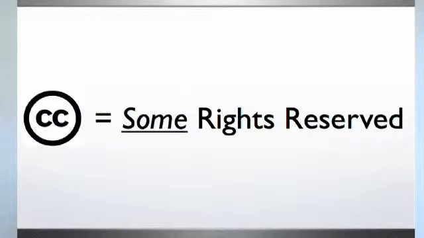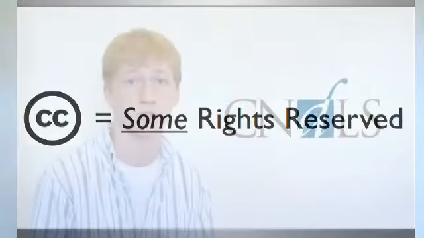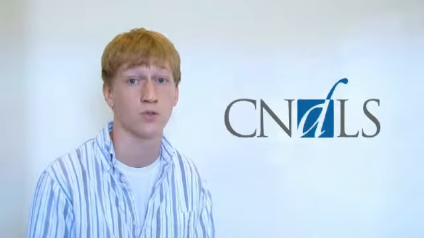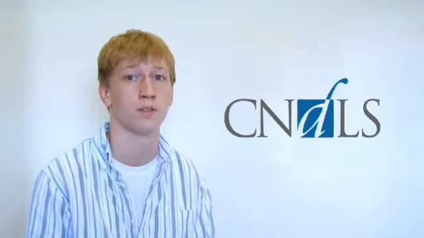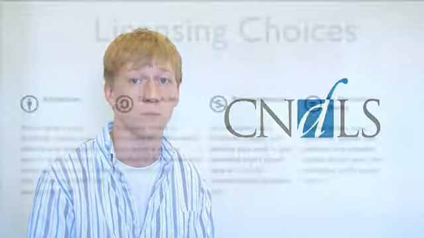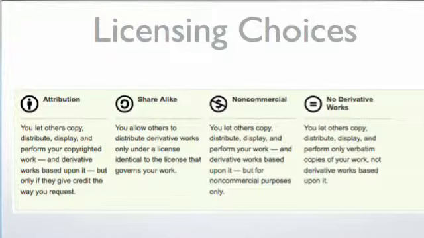It allows you to take a number of different choices in regards to your licensing and choose which you would like associated with your copyright. So all Creative Commons licenses have attribution. Regardless of what you choose, you're going to be attributed for the work that you create. Some have share alike, which means anyone who reuses or modifies your work has to share it in the same fashion as you do.